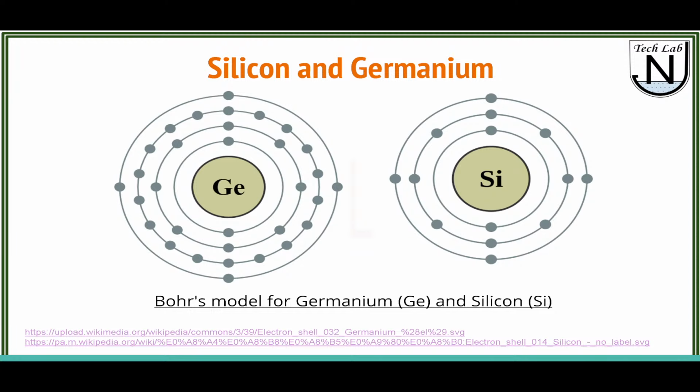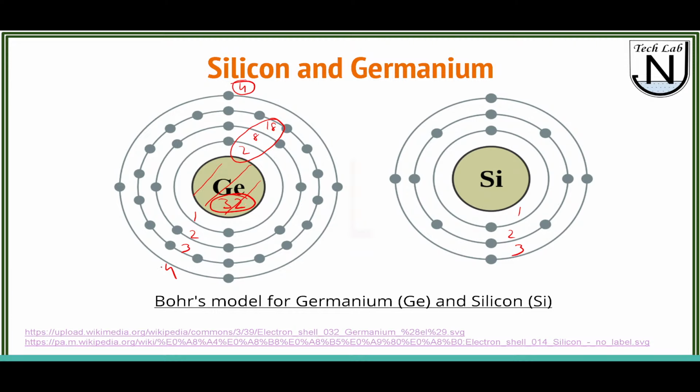Over here you can see that in germanium we have 4 valence electrons, whereas in silicon we just have 1, 2 and 3 shells, right? So you can now imagine, in this nucleus we have 2 plus 8 plus 18, so a total of 28, plus 4 electrons in the outer shell, so a total of 32 positive charges they are attracting,